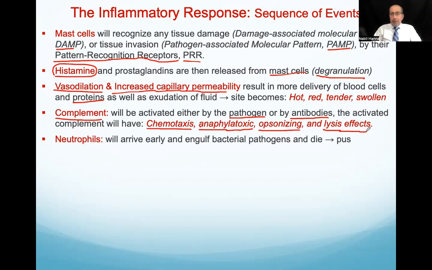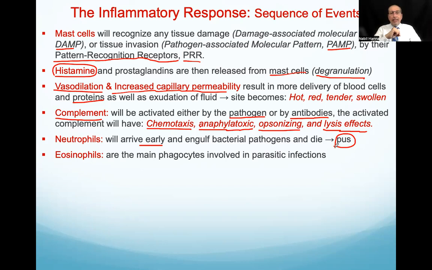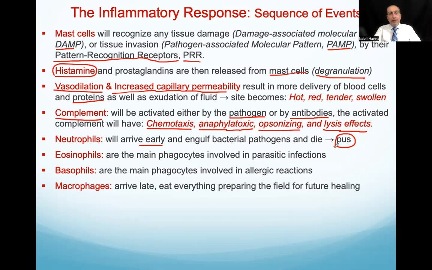Then neutrophils, small white blood cells, arrive early, like within 6 hours, and engulf bacterial pathogens and die, forming pus. That's why pus is a manifestation of bacterial infection. Pus is a dead neutrophil with a bacterial cell inside. Eosinophils are the main phagocytes involved in parasitic infections and some allergic conditions. Basophils are the main phagocytes involved in allergic reactions. Then macrophages arrive late, like after 12 hours, and they eat everything, pathogens, tissue debris, and they prepare the field